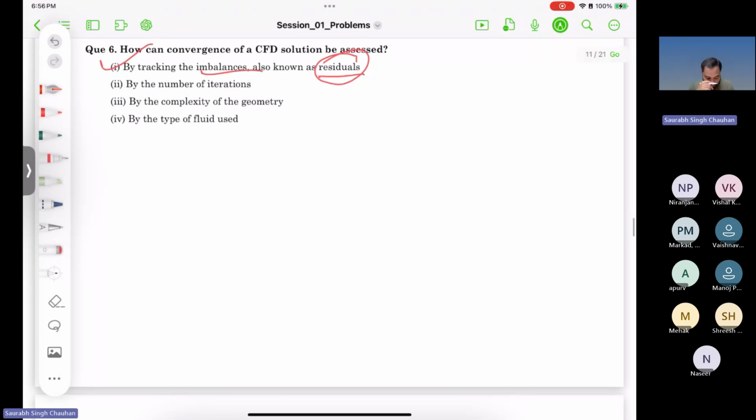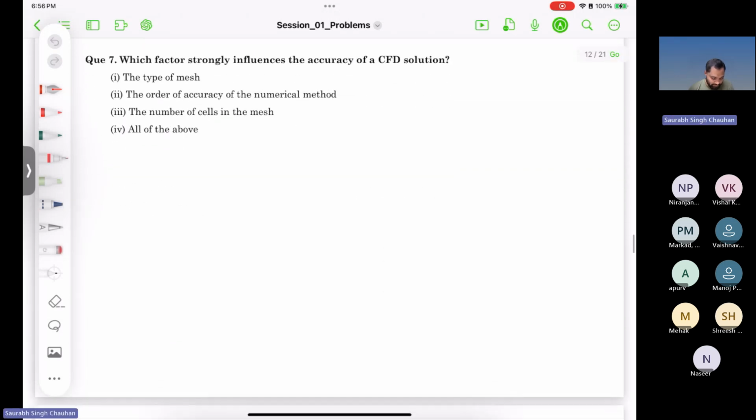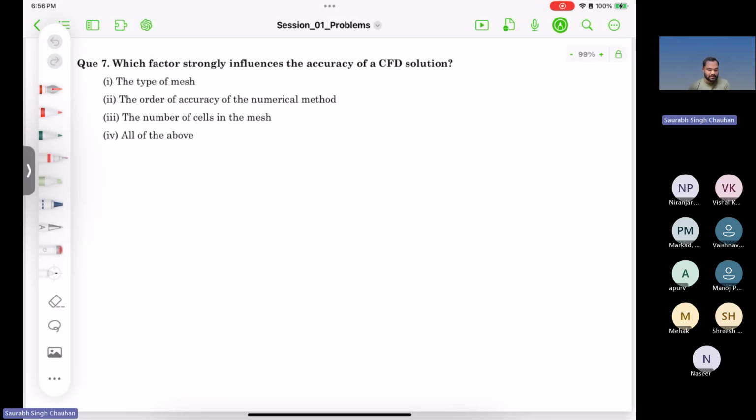If there is any doubt, then please ask, or we can move ahead. Okay. Now coming to question number 7. Question number 7 says, which factor strongly influences the accuracy of a CFD solution? Four options again. The type of mesh,